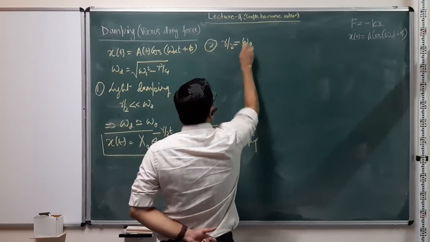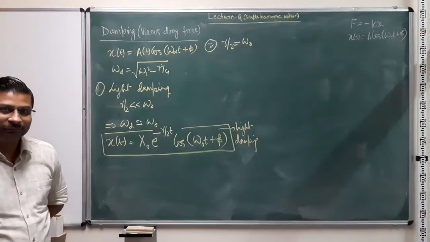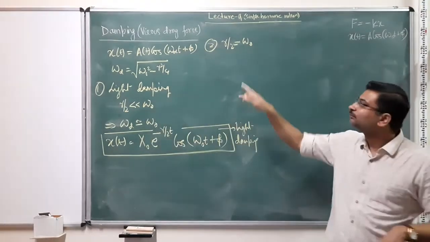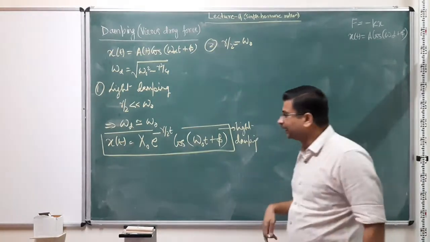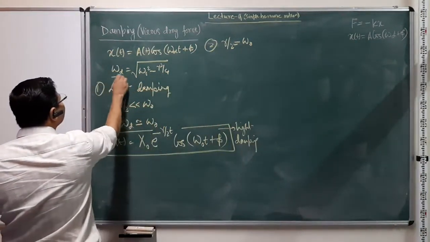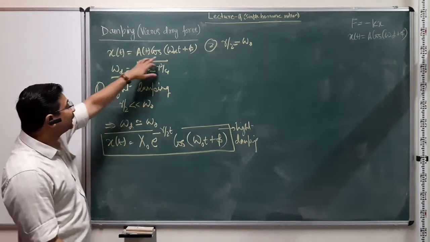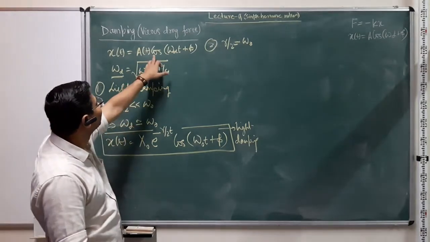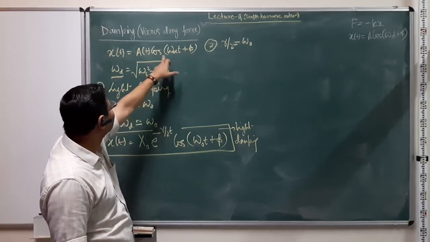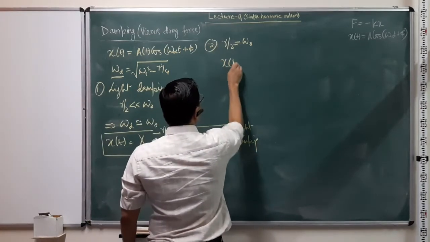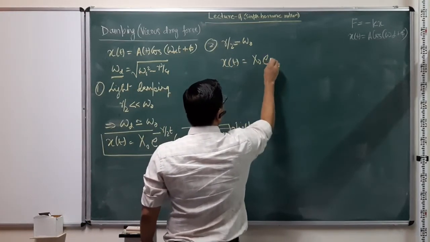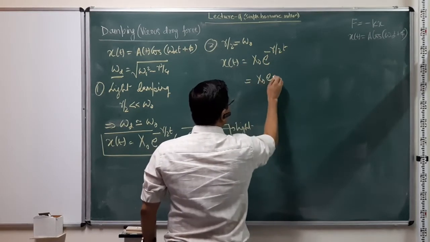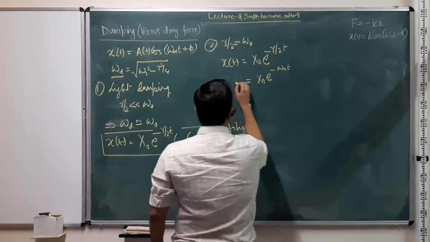What if gamma by 2 is equal to omega naught, right? So the damping term, or the characteristic damping, is the same as the natural frequency of my oscillator. So in that case, you can see that omega d is going to go to 0, right? So in this solution, omega d goes to 0, phi is an arbitrary phase, we can take it as 0 for the time being. So then this term simply becomes 1 and all that remains is x of t is x0 exponential minus gamma by 2 t, which is the same as exponential minus omega naught t.